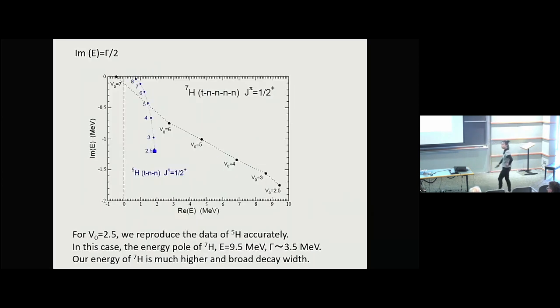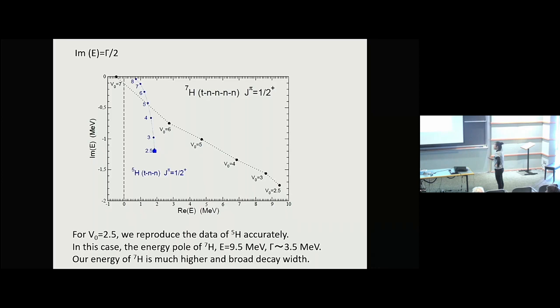Using this real scaling method, we summarize my result of hydrogen 5 together with hydrogen 7, shown as the black point. This value is the value of the TNN 3-body force, and also this value is the 3-body strength in the case of V3 equal 8 femtometer. Here is also a result by Mass, which is in good agreement with the data of hydrogen 5.